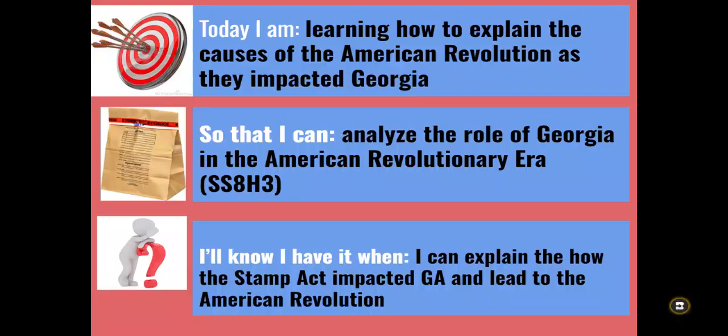All right, so for part two of the causes of the American Revolution and how Georgia was impacted. In this video, we're going to take a look at specifically the Stamp Act and how that impacted Georgia. Your learning target for today is: I am learning how to explain the causes of the American Revolution as they impacted Georgia, so that I can analyze the role of Georgia in the American Revolutionary era. I'll know I have it when I can explain how the Stamp Act impacted Georgia and led to the American